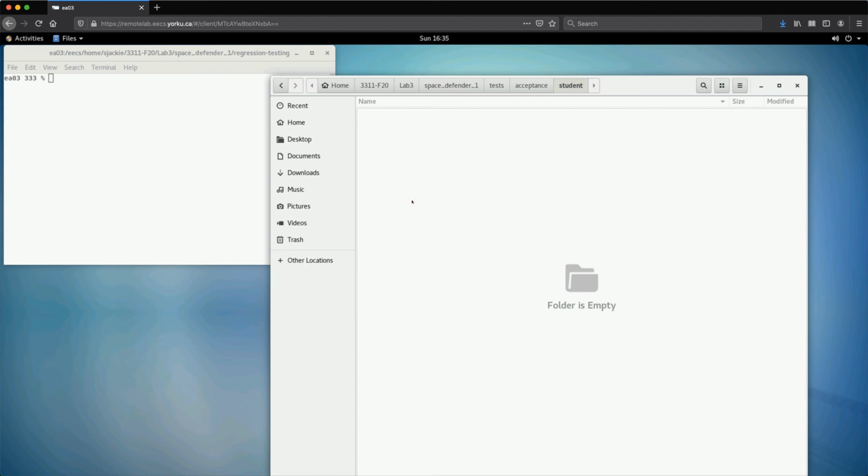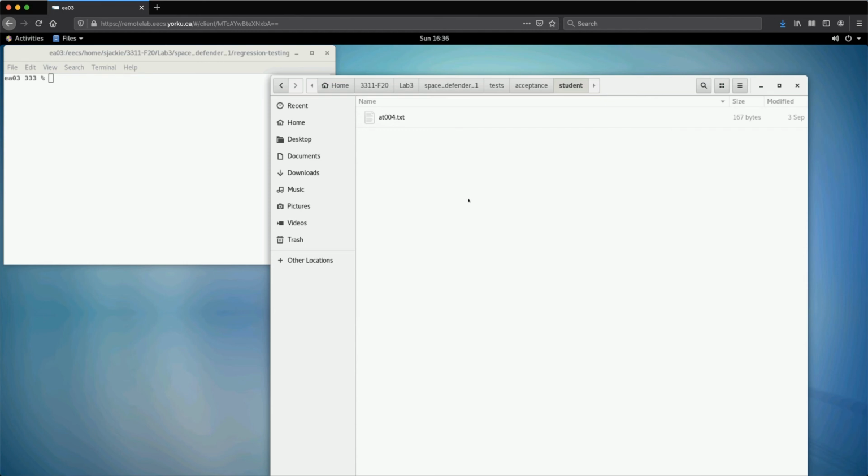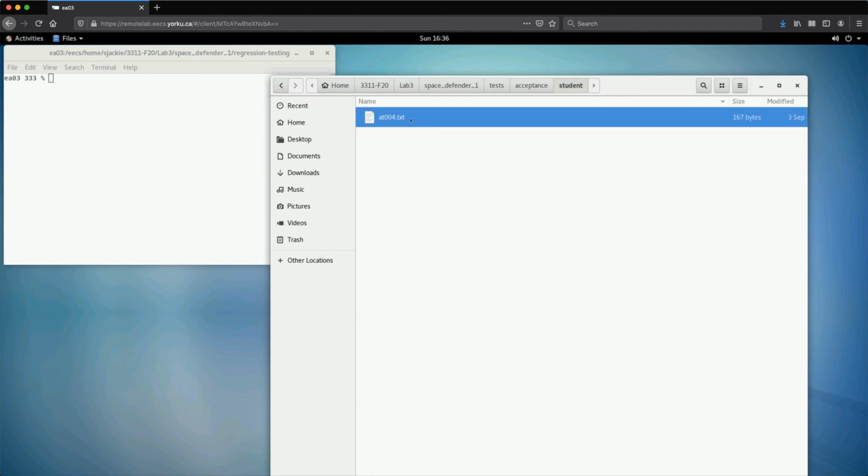Let's say you're supposed to create as many test cases as you can. Let me just paste this, pretending that that's mine. And then let me make it a little more straightforward. We really got 1, 2, and 3. What about we say that's AT004, even though it's the same, but that's okay. As soon as I've added this, you don't need to do anything else. Basically, you want to run the acceptance test again. It's going to run your ifgen program again on this acceptance test file and generate the actual file. And then it's going to run the Oracle.exe on this file and generate the expected file and